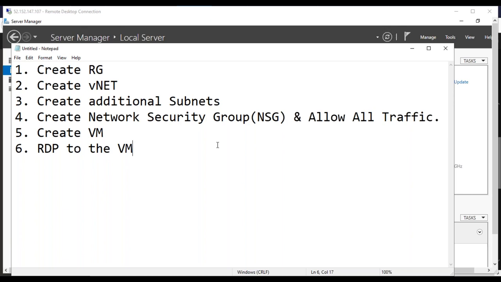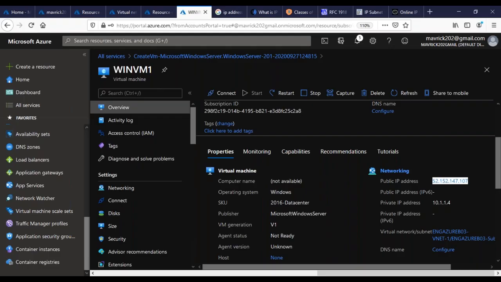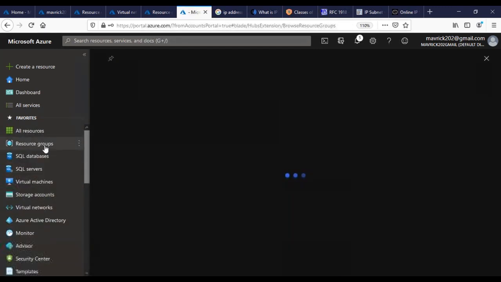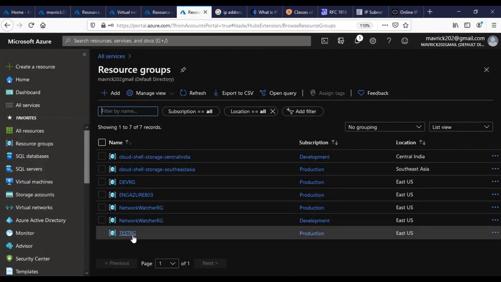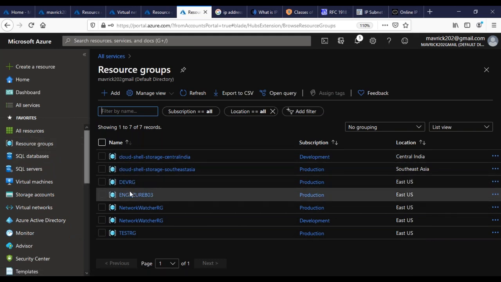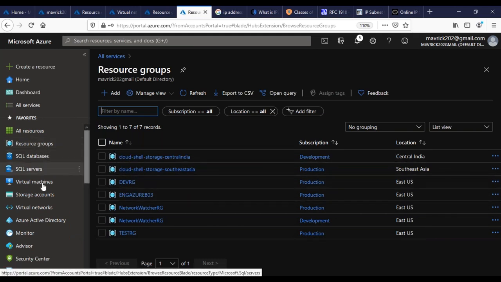Let's go and check it out, guys. What we're going to do here is delete everything. Whenever your lab is done, you can directly go here, go to resource groups, and the best thing you can do is get rid of everything. The problem is why I want you to delete everything here. Let me show you what the problem is.